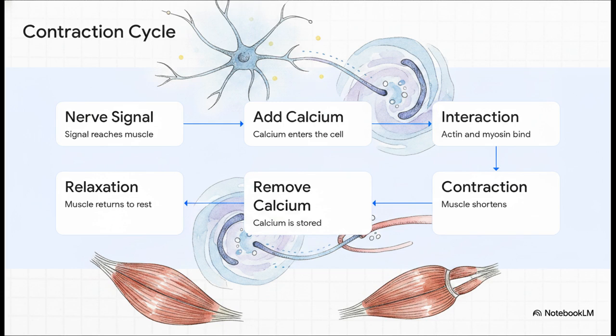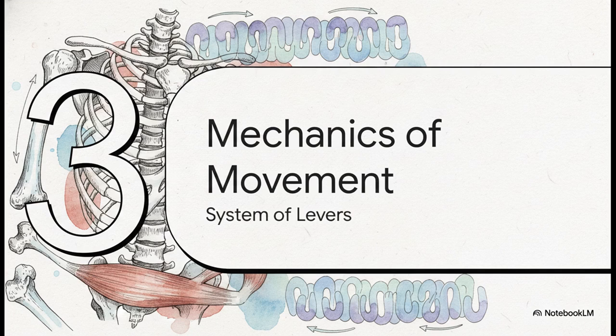Without it, the actin and myosin let go of each other, and the muscle finally gets to relax back to its resting state. All right, section 3, the mechanics of movement. Let's zoom back out to the skeletal system to see how this microscopic machinery actually moves you around in the